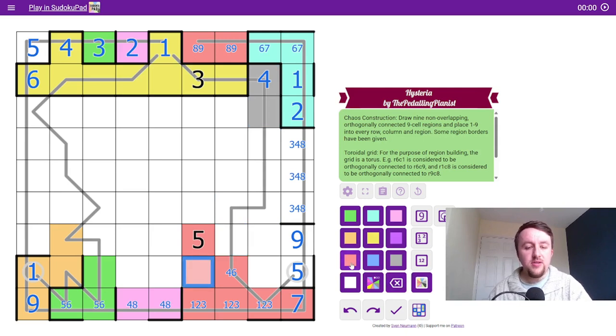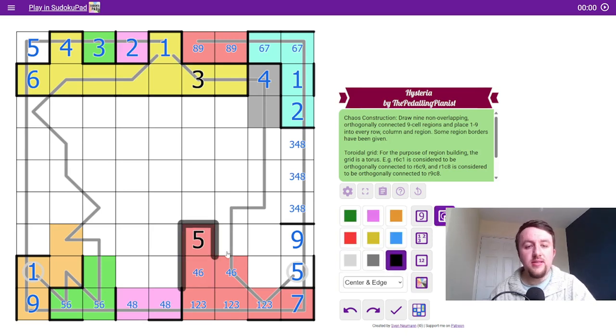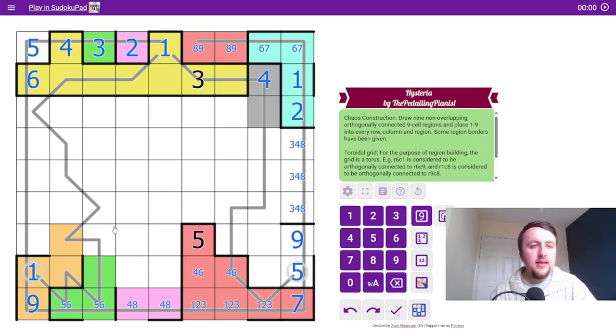Red's final cell must come from here, and that gives us a 4-6 pair. And that actually completes red as well, doesn't it? So we can draw these region borders in. Right, let's return to